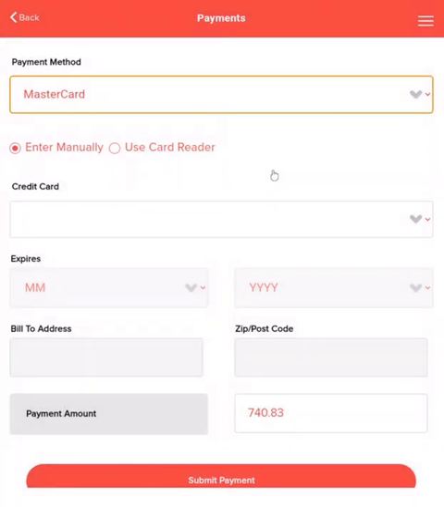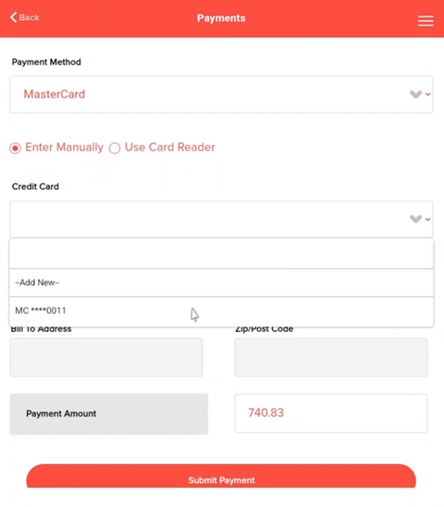And then, guys, next you can see you have a couple of different options. One, to either enter the information in manually, or second, to use a card reader. It's important to note that Use Card Reader is currently a placeholder for future use, so we want to continue with the selected option of Enter Manually. Next, we have the credit card field, and so this is supposed to be the number field for the credit card itself. What you'll want to do in this field is click the drop-down arrow, and then you're exposed to two separate options. I can choose to add new if I didn't already have a card that was on file